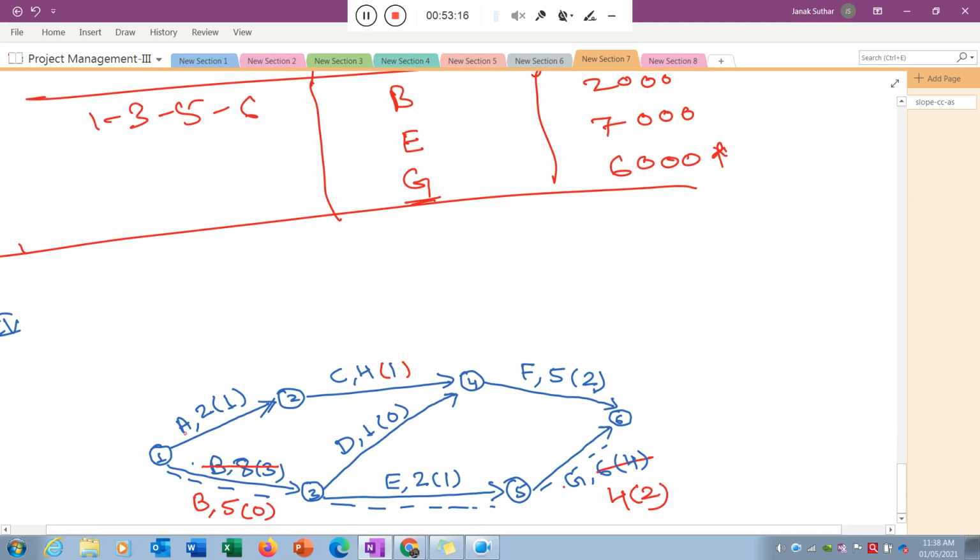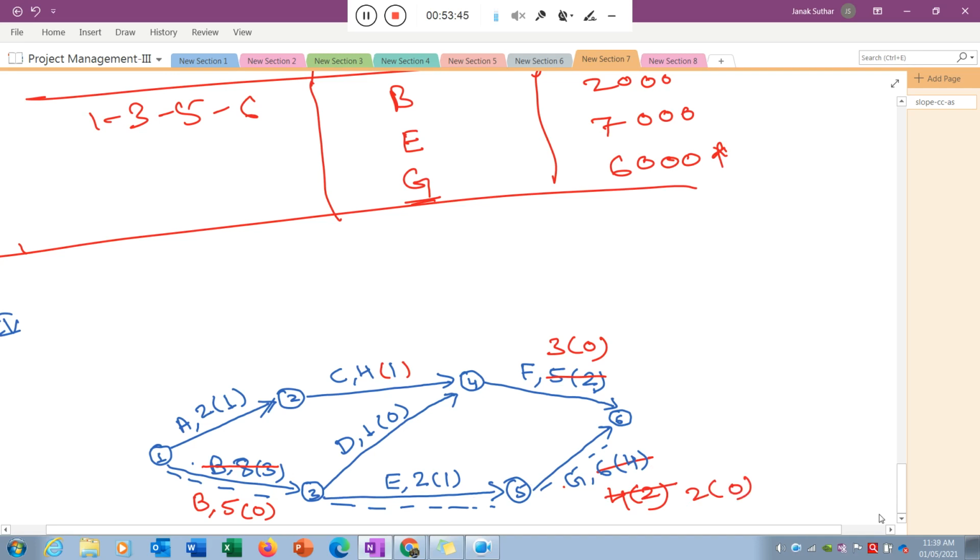If you see the activity 1 to 3, 3 to 4, and 4 to 6, there is only one activity I can reduce, because for the other there is no feasibility available. Okay, I choose this one and I reduce this by 2 weeks as feasibility is available. Now 3 and 0, the new time. And how much can I reduce this 1 3 5 6? I can reduce this by again 2 weeks. So 2 and this is the 0.